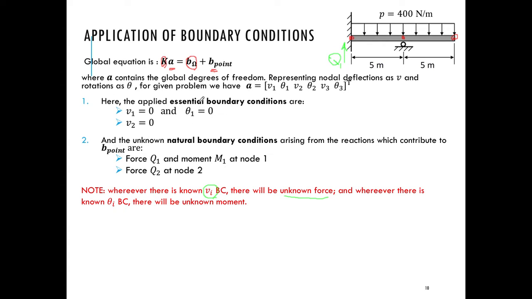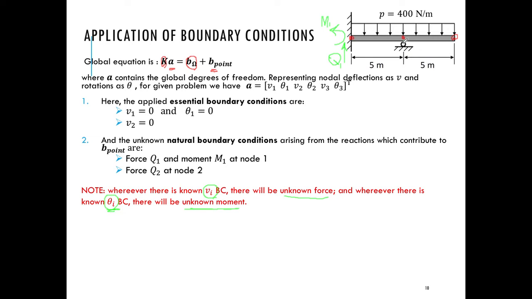और अगर मेरे पास θ1 0 था, that is wherever I have a known theta boundary condition, then I will have an unknown moment there. That is, अगर यहाँ पे θ1 0 है, then I also have an unknown moment M1. और इस unknown moment को मैंने अपनी positive sign convention के हिसाब से draw किया है as being anti-clockwise positive for the beam. ओके, लास्टली रिकॉल के V2 के ऊपर, सॉरी नोड 2 के ऊपर डिफ्लेक्शन ज़ीरो थी, तो अगर